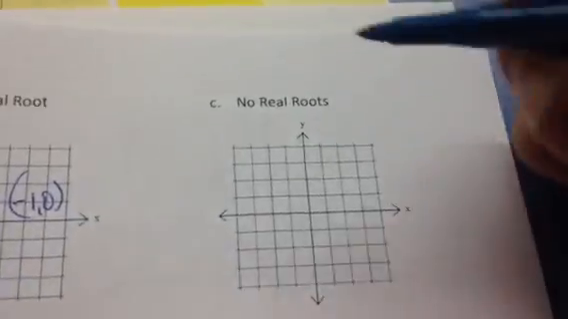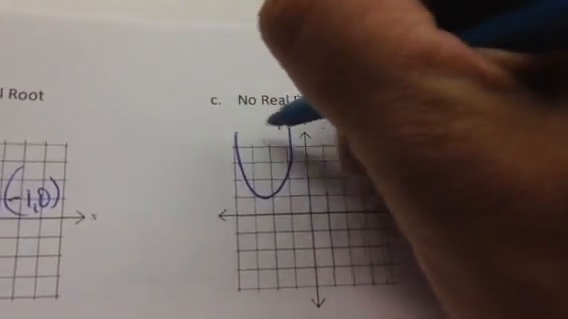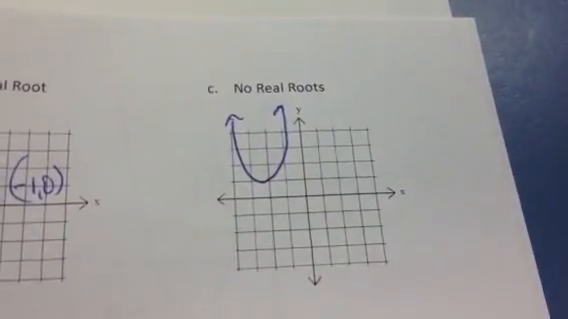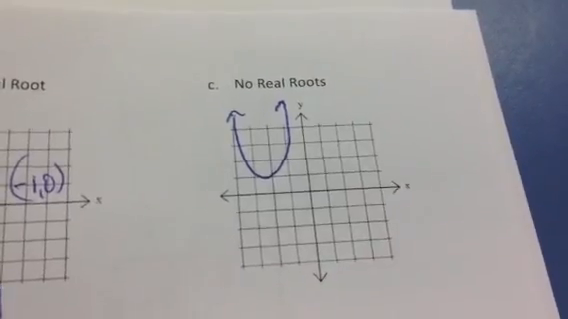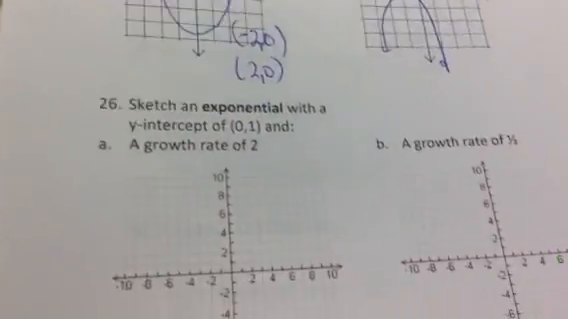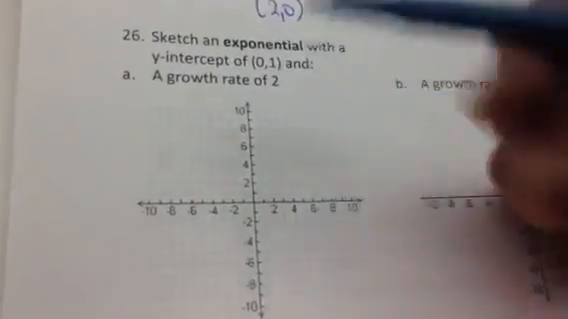And then no real roots. So when you draw your parabola, you don't want it to touch the x-axis. It can touch the y-axis, but not the x-axis. So that's one possibility. All right, now you need to sketch an exponential with the y-intercept of (0, 1),